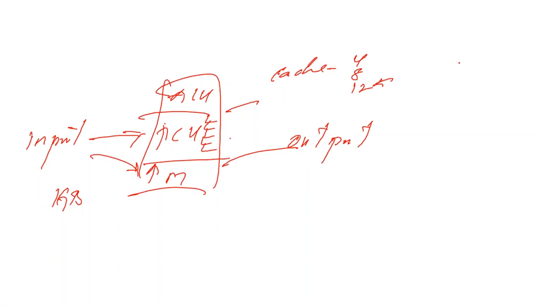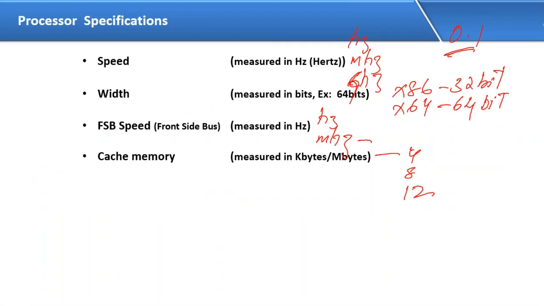It will make the pieces, process them, and give back to the memory, and then we get the output. So your processor is taking the 1 GB of data, but at a time is not processing 1 GB. It will make pieces of this data, and that is called chunks. And the chunk size is called what here? Cache memory. And the size is 4 MB, 8 MB, or 12 MB. And the next is very important. What we have to check here.